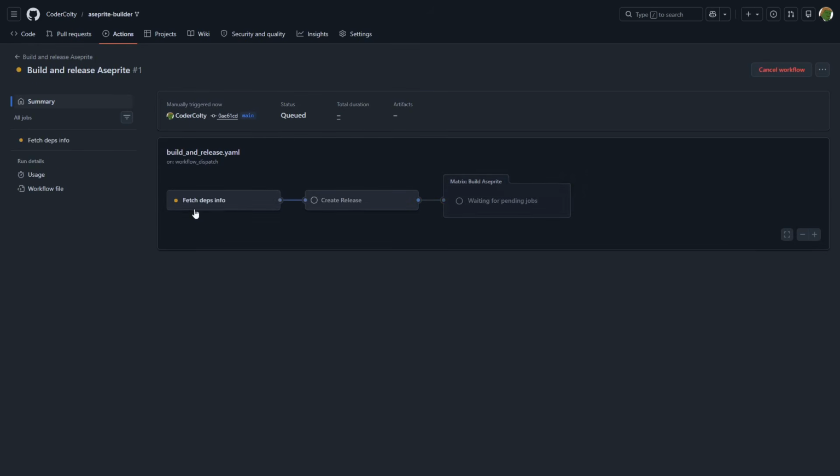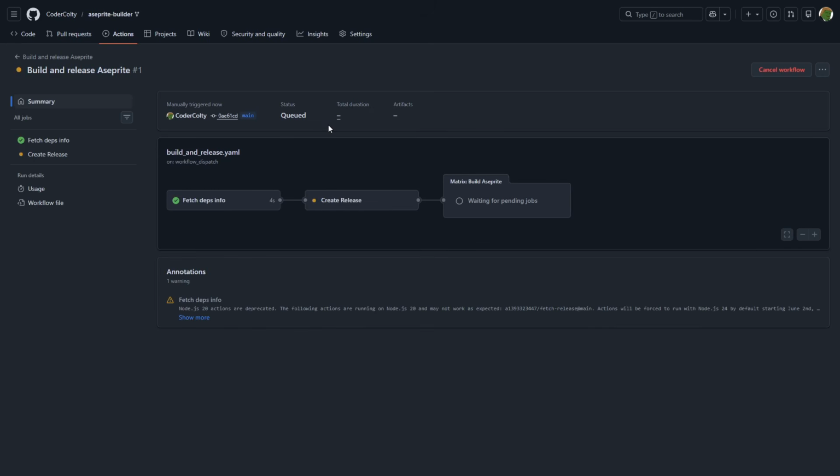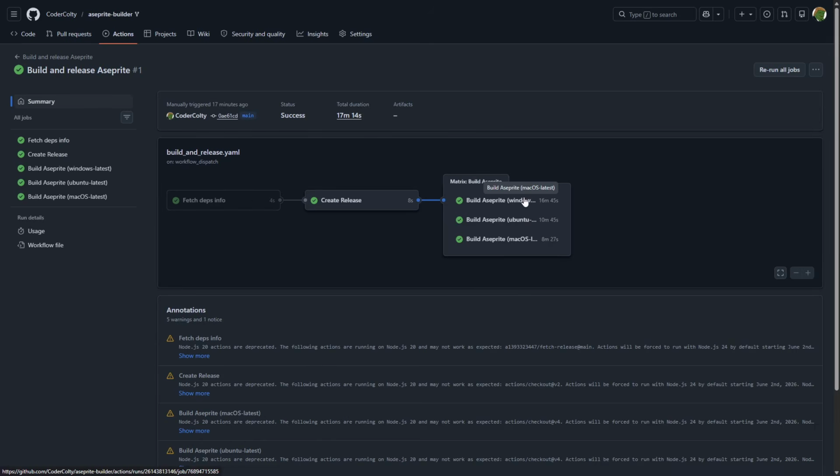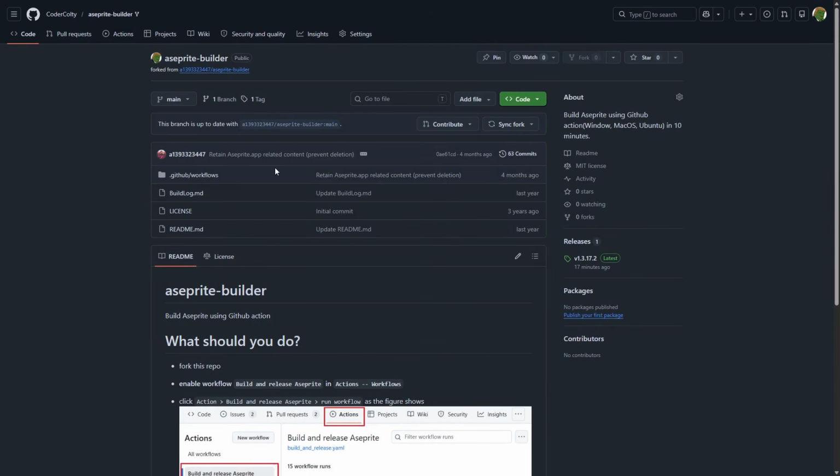GitHub will now start building Aseprite for you. Step 6. You should now see the workflow running. It will build versions for Windows, Mac, and Linux. Wait about 20 minutes until all of the jobs show a green check mark. Once they are finished, click the repository name or press code in the top left to go back to the